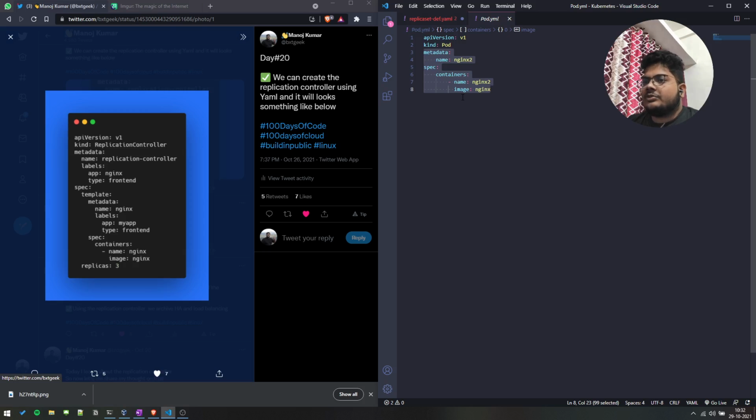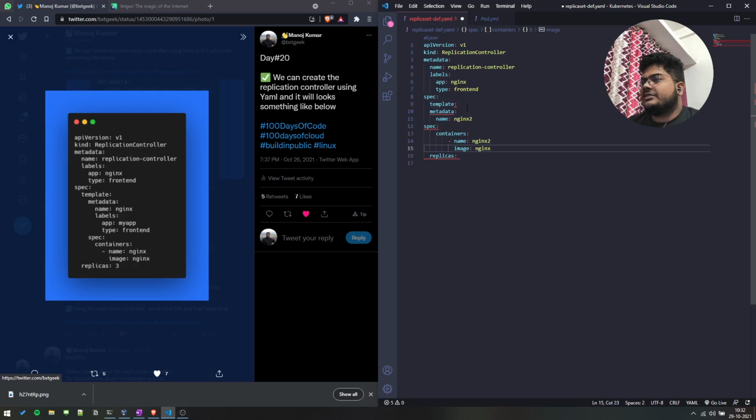So we can just copy these things and paste them here and give the indentation, because this is the specification of that pod.